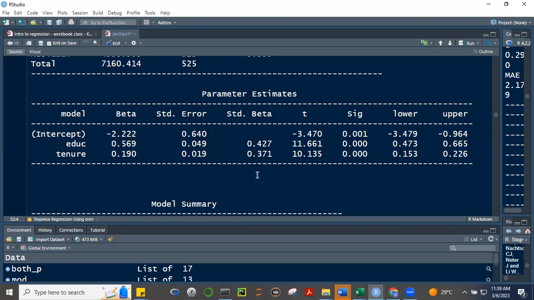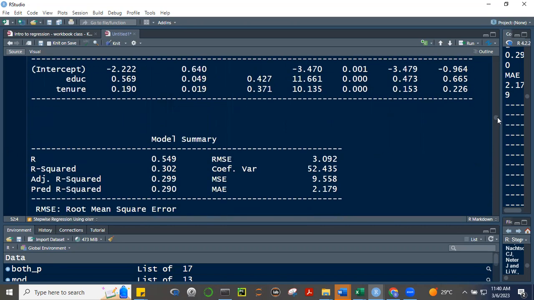Okay, the standardized beta is generated by standardizing your variables. Okay, when you say standardize, you subtract the average of that variable, and then you divide it by the standard deviation of that variable. All right. So, but we'll discuss this in the future. All right. Then next is,